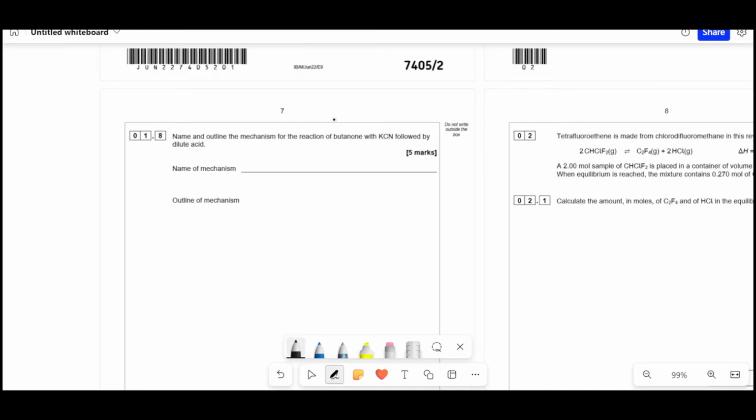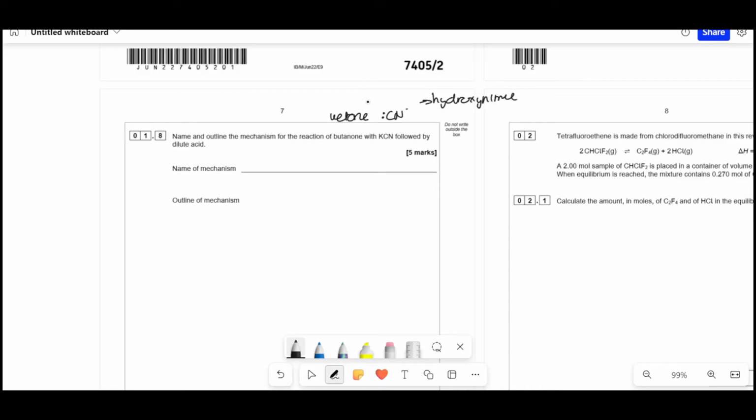Name and outline the mechanism of the reaction of butanone with KCN followed by adding dilute acid. So we've got butanone, that's a ketone, and we're adding it with KCN. Well, what part of this is going to be reacting? It's going to be doing the CN minus part, right? You should be able to recognize what that does by thinking of the big flow chart in your head. So if you're reacting a ketone and KCN, you're going to be making a